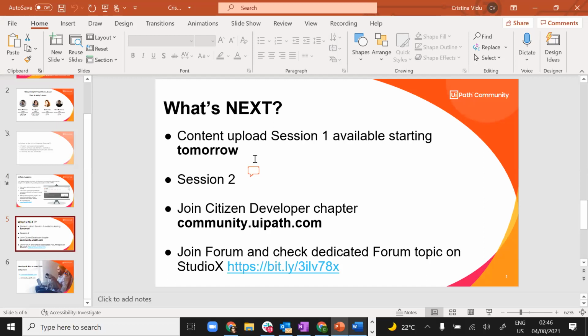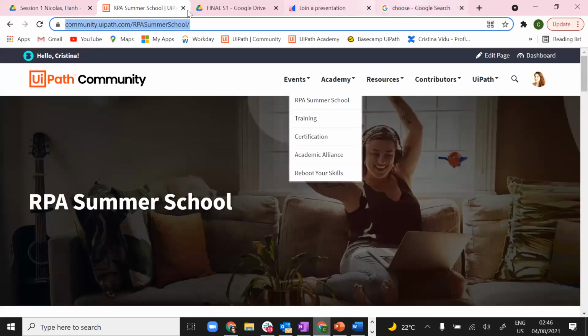Then next Thursday, on BST time zone, this time not on EDT, we will have session 2, where you will learn to make that very first automation and run your UI automation, the unicorn name bot, and also 2 other automations. This will be done with our colleagues Nidi and Afe, the other 2 MVPs who are joining us for this program. Then what we would advise you to do is go to our platform, explore community at uipath.com.